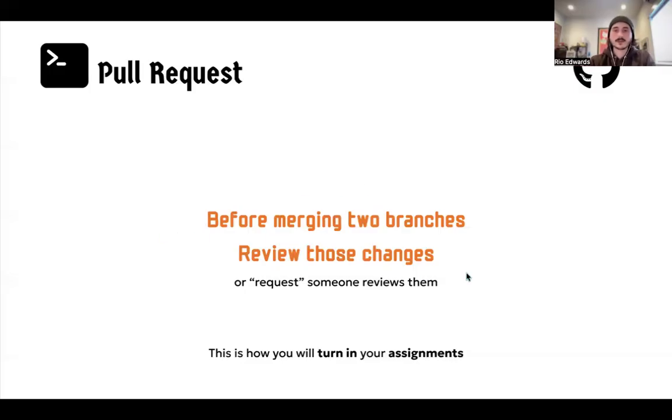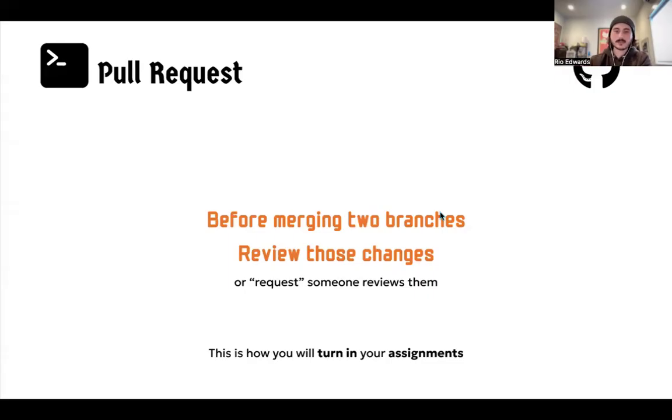You do this on GitHub. There's no command that you run on your computer in your terminal. You do this through the actual GitHub website. You click on a button like create pull request. What it does is it compares the new branch that you just made to the main branch that you're going to merge with. It asks, what are the new commits you made? What are the files that you changed? Any difference between those two, it's going to show you those and highlight them,